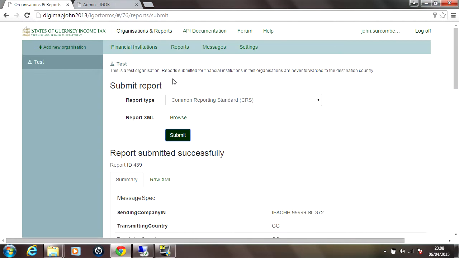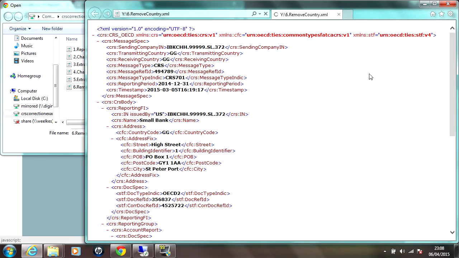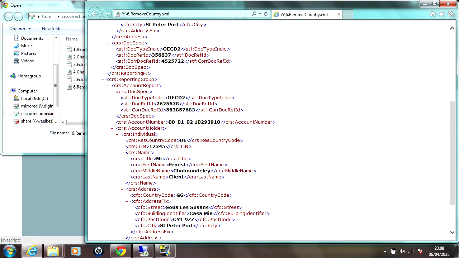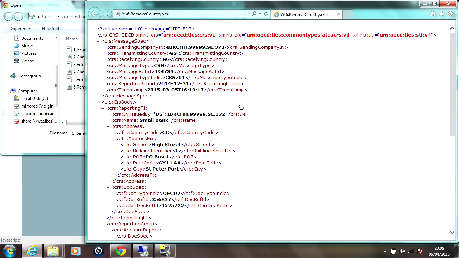And finally, I think, yes, we've got a report to remove a country. So in this case, still working with the same client, but this time we've taken France out. So he's no longer resident in France according to this update. So this is obviously corrections data. Every report that I've done has had the same reporting period, otherwise these corrections wouldn't be accepted. It's also worth noting that a feature of Igor is that it's